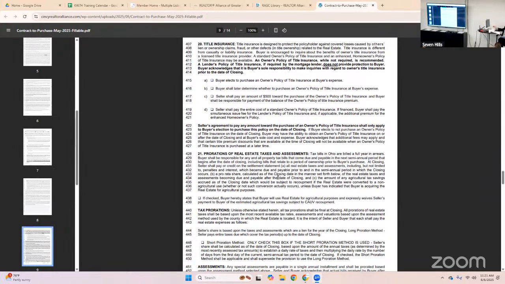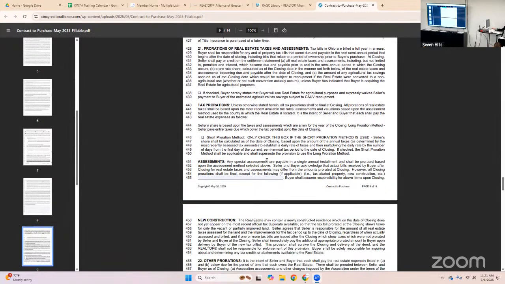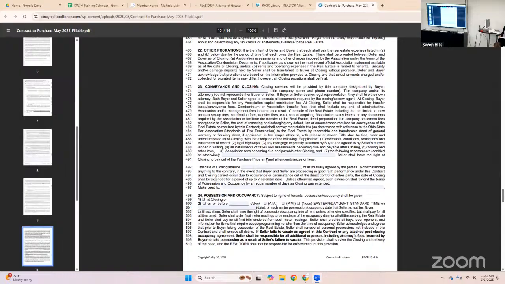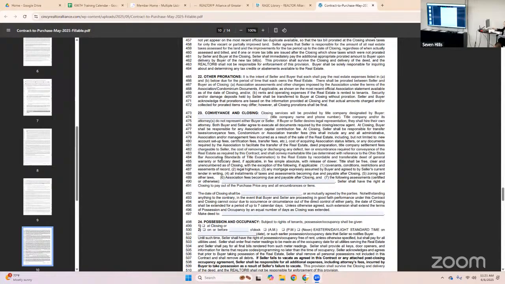Section 23 is conveyance and closing, which is line 473. And what they've done is added capital contribution clarification for alignment with section 10. So where is that here? They gave us a section, but not the line. I guess it must have just been added in the language. Do you guys see it? And they are adding the capital contribution?